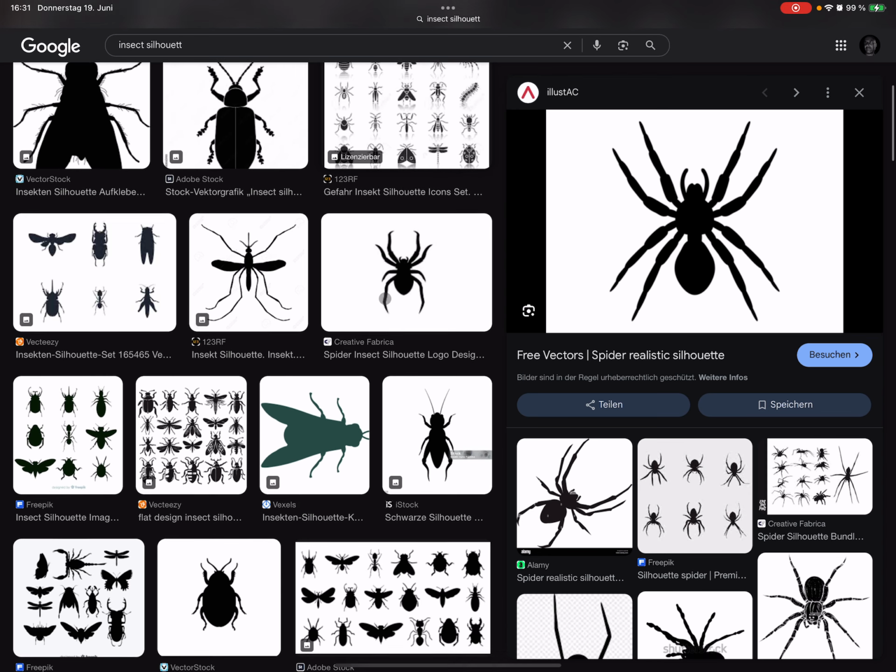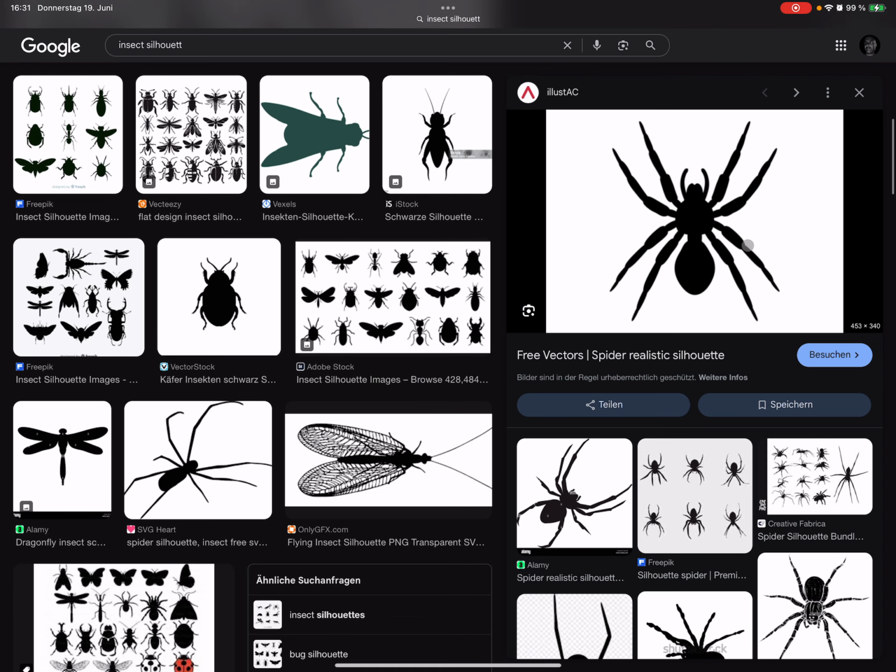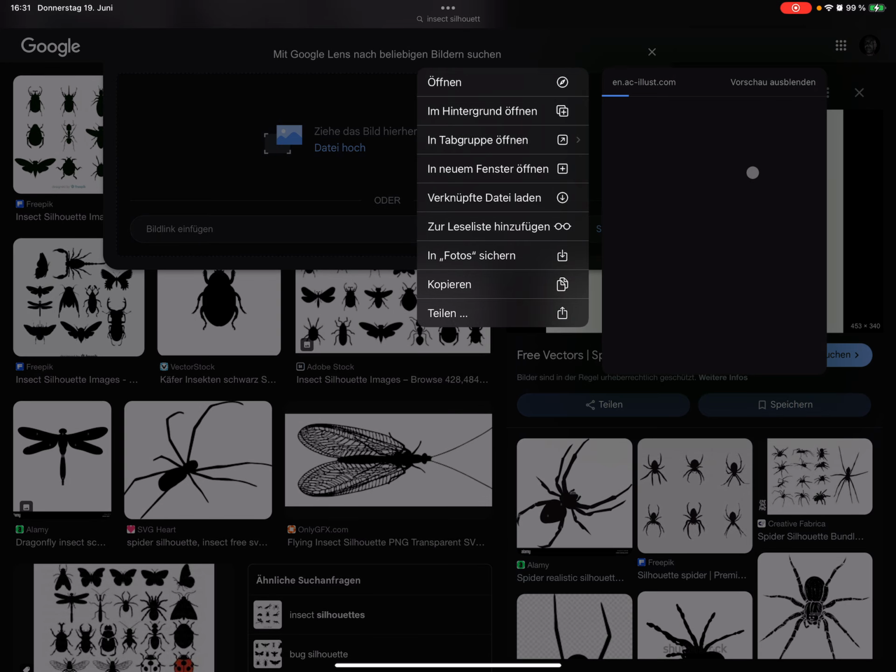So you need to download such an image, or you can draw your mask yourself. It's no problem. So I use such an image here, maybe a spider image, and I save it